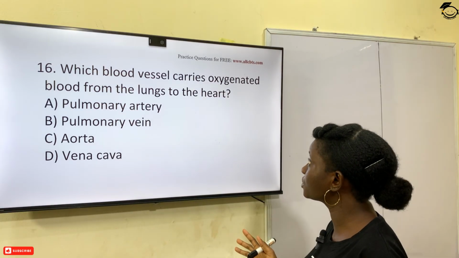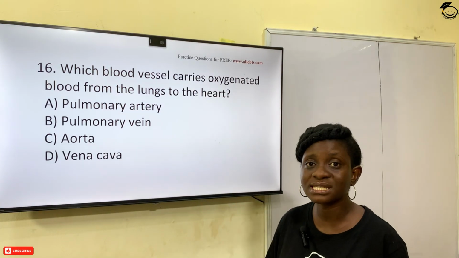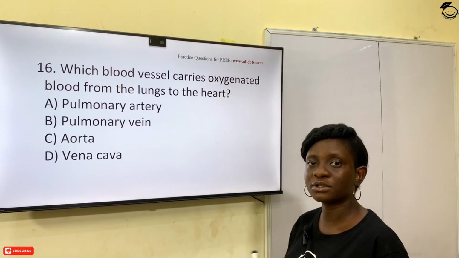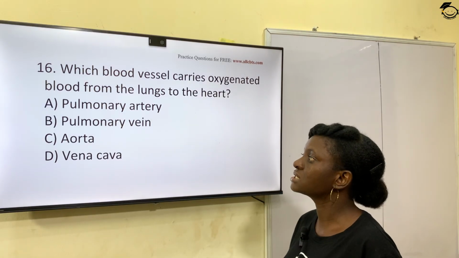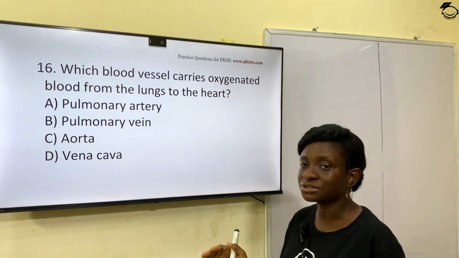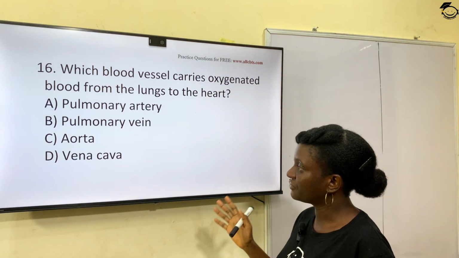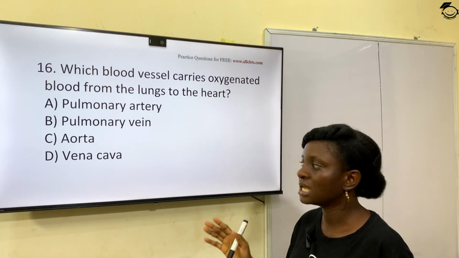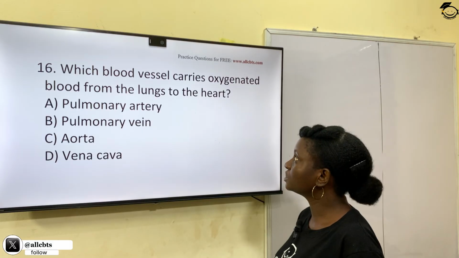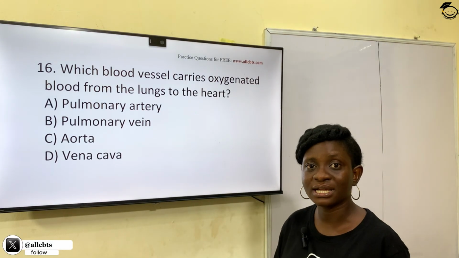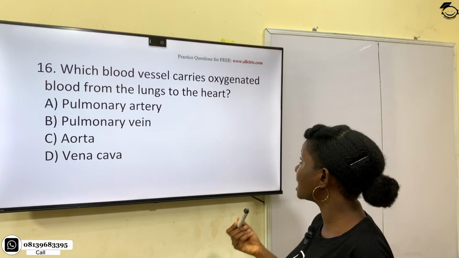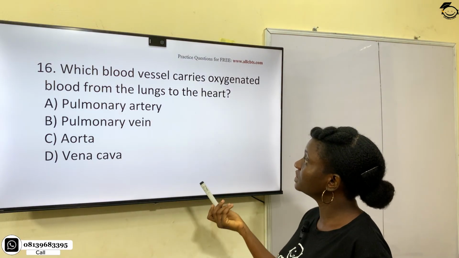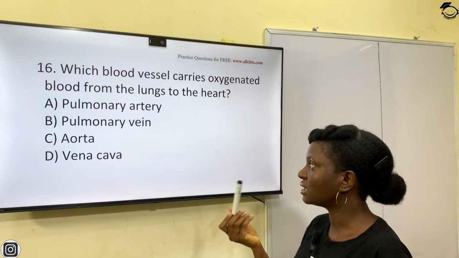Which blood vessel carries oxygenated blood from the lungs to the heart? A. Pulmonary artery. B. Pulmonary vein. C. Aorta. D. Vena cava. So the blood vessel that is involved in carrying oxygenated blood from the lungs to the heart is known